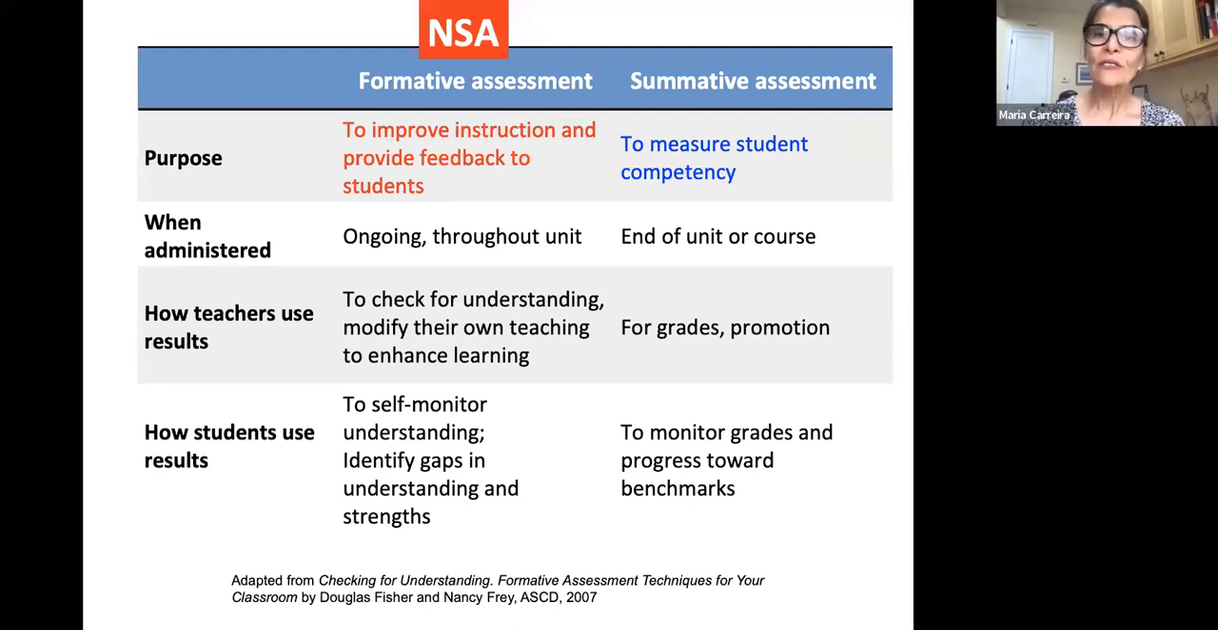So here's a chart that compares the two different types of assessment. You will notice that right above formative assessment, I have written NSA. And that's because I want to call attention to the formative value of the NSA. So in terms of purpose, the NSA can be used very well to improve instruction and provide feedback to students. Notice that that's not what happened with summative assessment, which comes at the end of instruction, and it's typically used